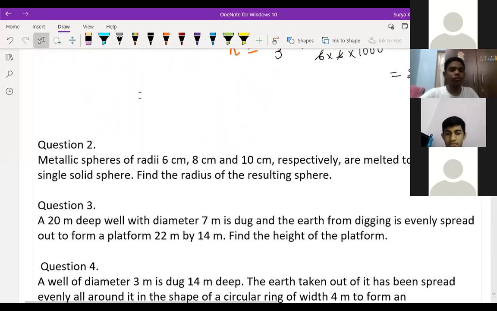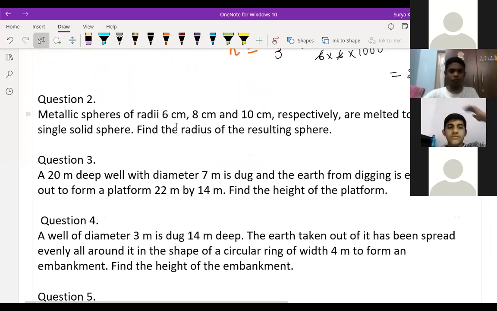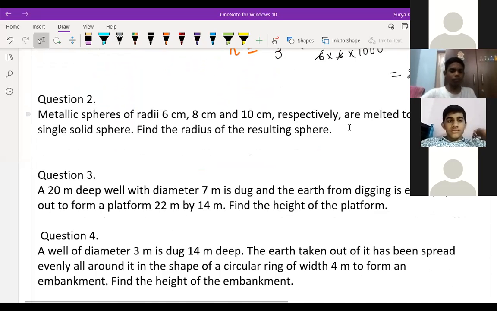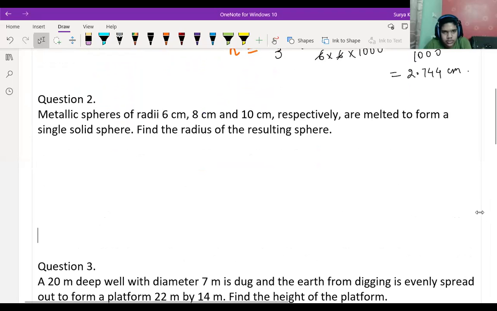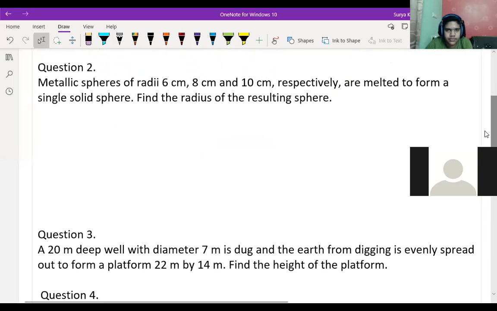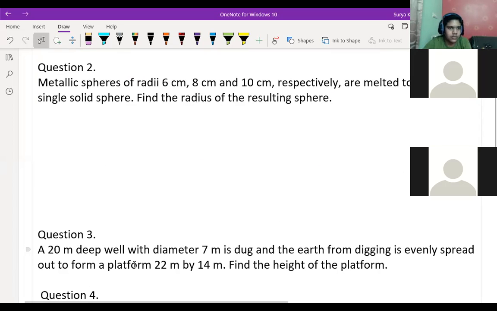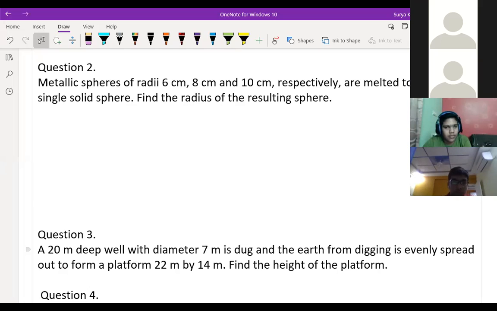So question number 2. You people are having network problems or what? Leaving the meeting, coming back. Why is the network problem coming? Yes, sir. Rasool, Praharshan, you people are not turning on the camera. Sir, I turned on my camera, but the footage just got stuck. Javian and Rasool, I can see Rasool now.